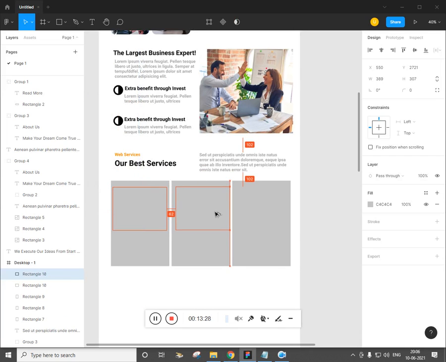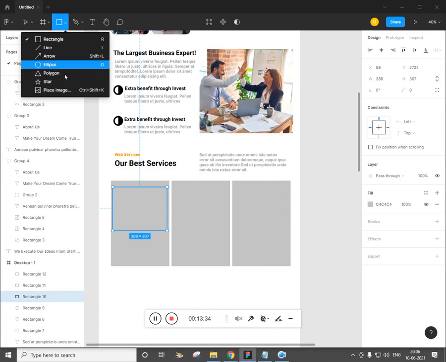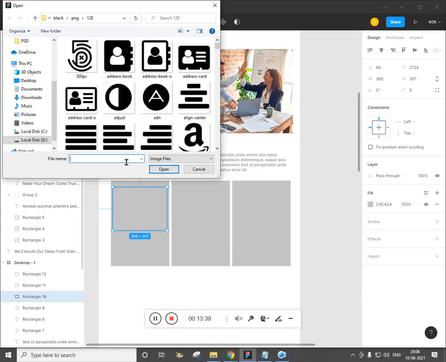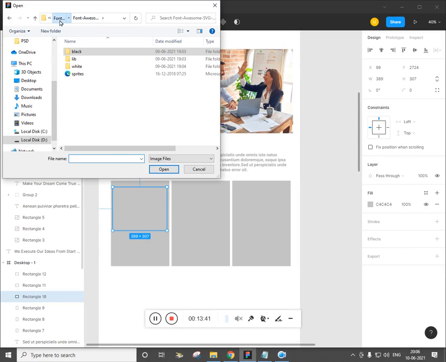Alt drag. Now just place the image. So let's check the image on the desktop.